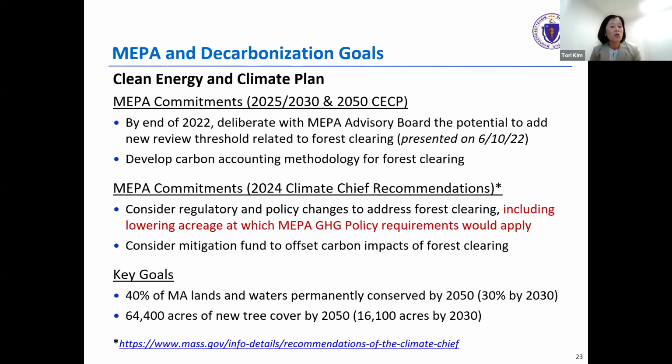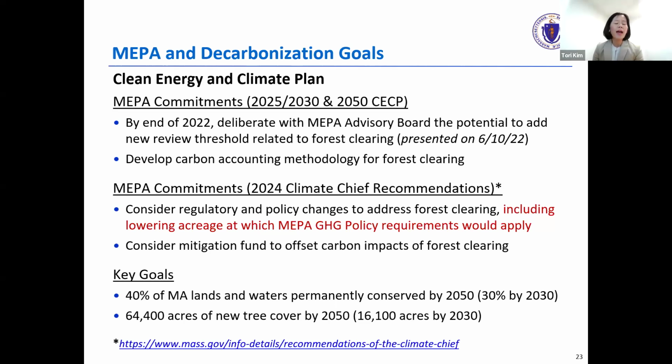So in the 2025 and 30 CECP plan, the initial reference was a recommendation that MEPA deliberate with our advisory board about the potential to add a new review threshold. So this would be a regulatory threshold related to forest clearing, and that would have the effect of bringing in new projects in for review that may not otherwise be required, and also to develop a carbon accounting methodology.